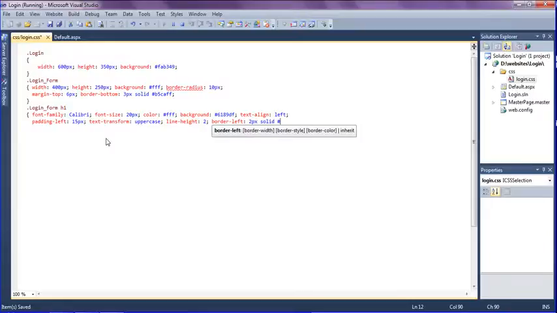So I'm going to create 244180, and as well as just copy this one, paste it, and the border right. Border right should be the same as border left. After giving this, I'm closing this,